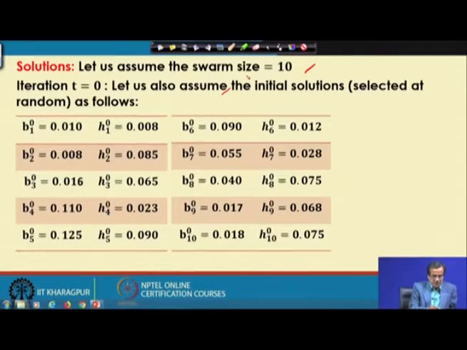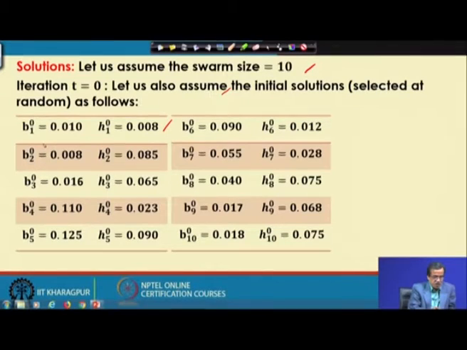Now, here B and H, that is the width and the height of this single point cutting tool, are generated at random using the random number generator. For example, say B 10 is 0.010, H 10 is 0.008.